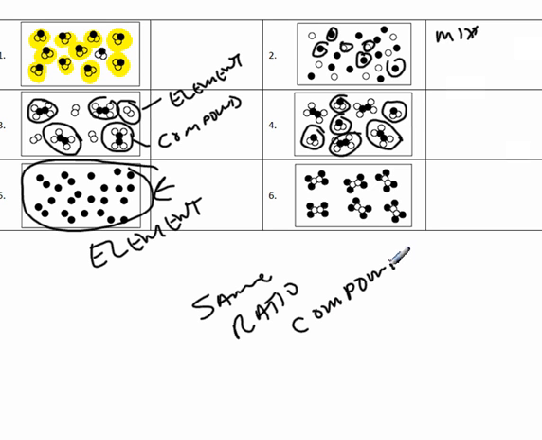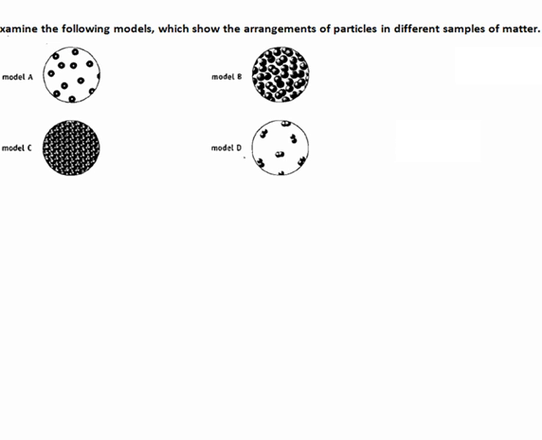This is just one single compound. If you notice, it repeats over and over and over. How do I know it's not an element? Because it's not just one kind of shape. That's the trick. So, next thing, you have to be able to distinguish between arrangement of particles in different samples